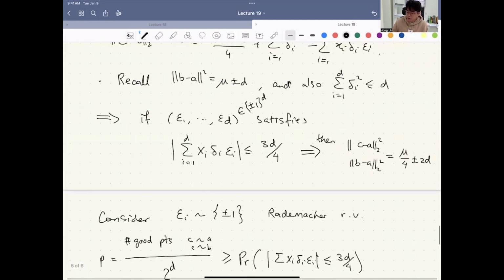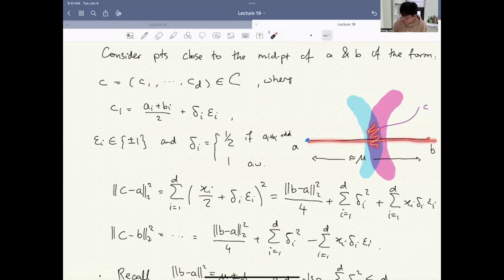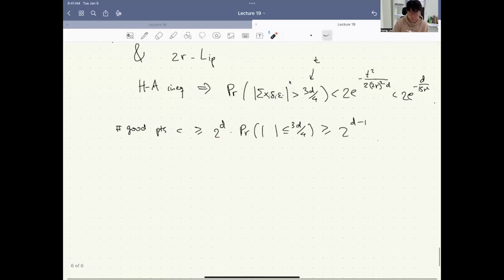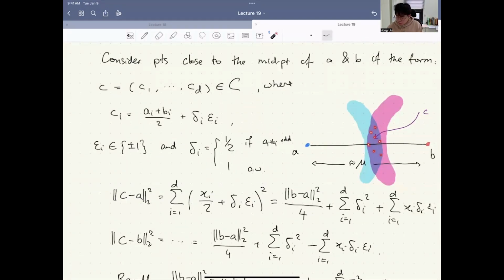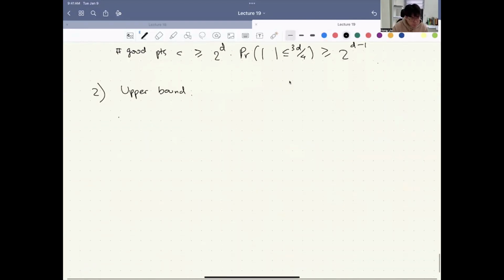Let's now prove that every edge AB does not lie in many triangles. So this area is not too large. So proof of 2. Good. Now this is an upper bound. We do the same. Let's consider all possible integer points around the midpoint and see how many of them lie in this intersection. So let's just consider half-integer lattice points. We're actually going to consider half lattice points C,